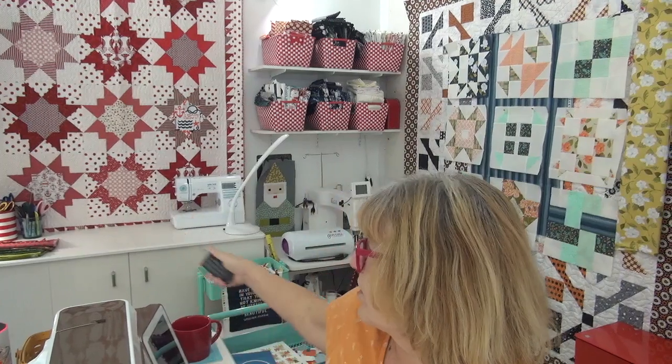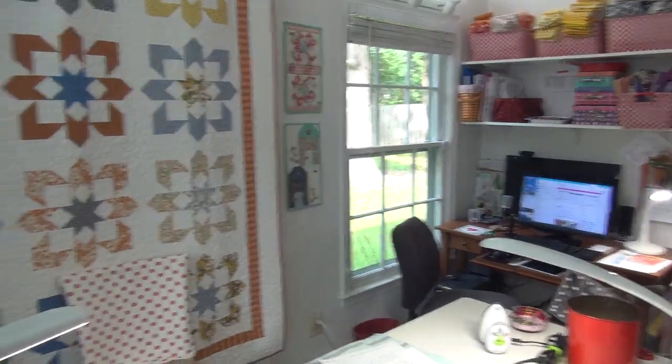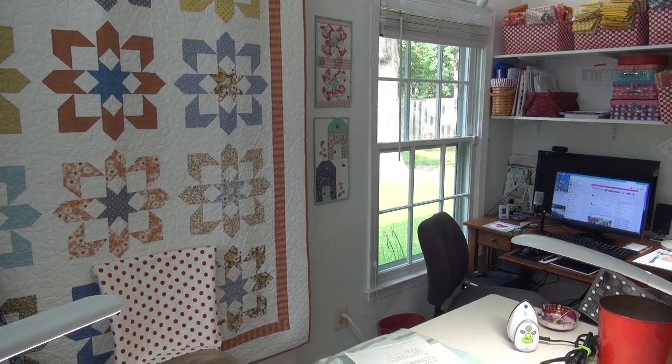Okay, so I just realized I did not show you my design wall with all of my Going on a Picnic blocks. Now, we have a little problem here, if you can tell. I have one design wall in my room because even though I have this red and white crush quilt back here, I can't reach it over top of that credenza to really put things on it. And in the back I have my glow quilt up there done in Bonnie Lane, and there is part of a wall back there, but there's a fireplace back there, so I'd have to reach up really high. So this is my one design wall, and I layered the layer cake quilt behind it